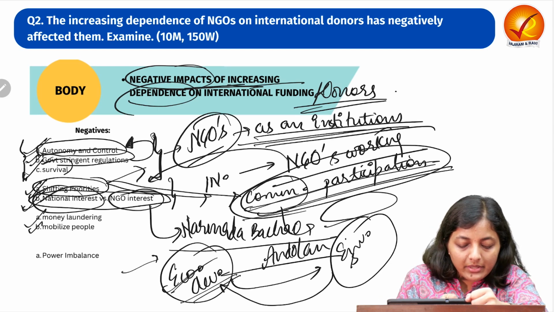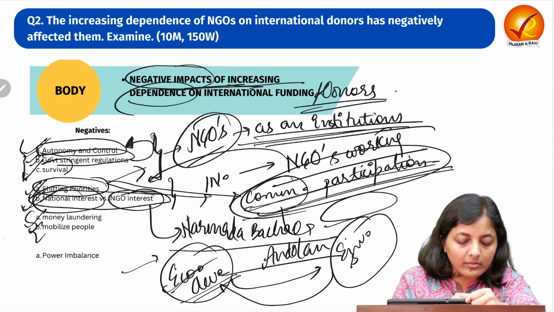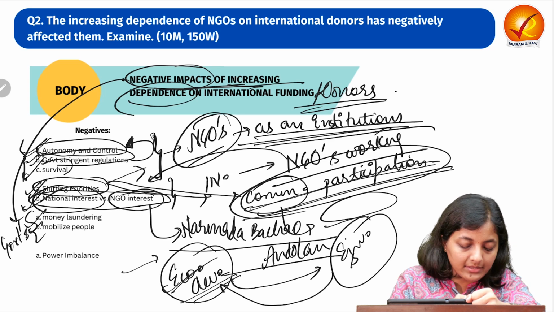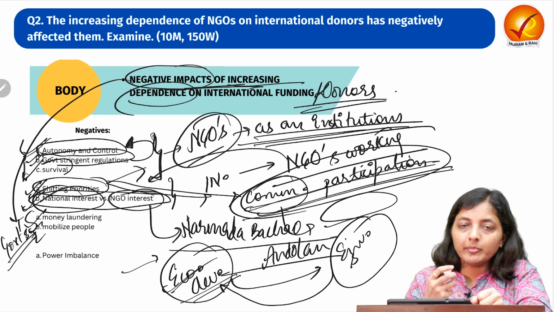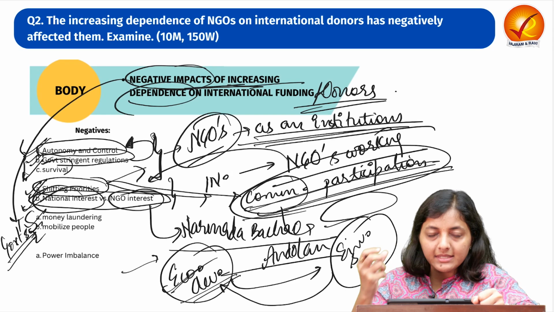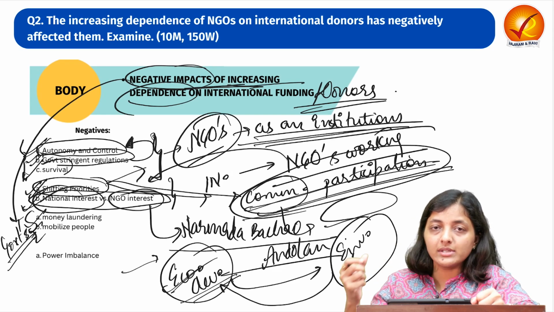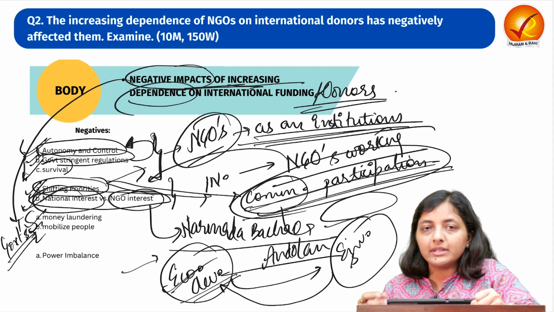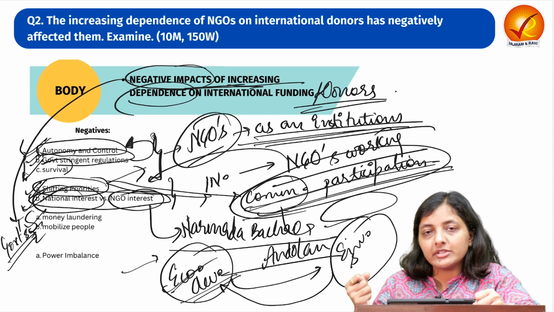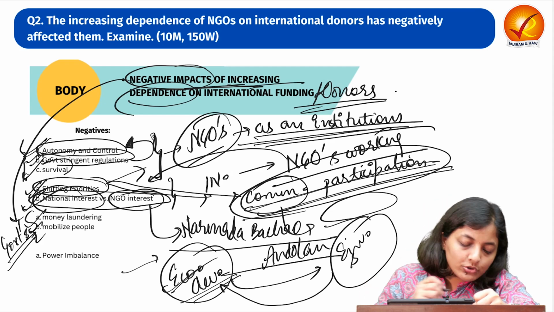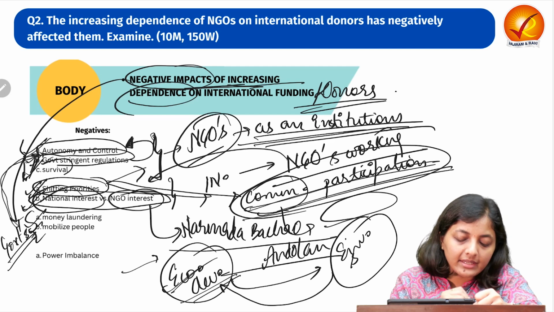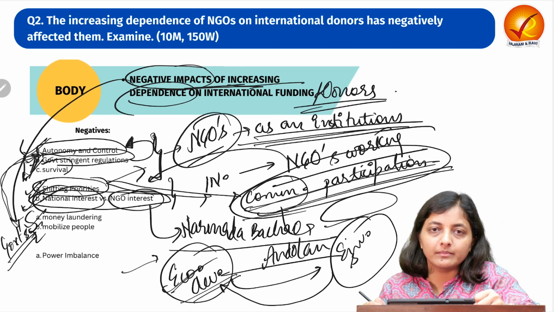Then next comes money laundering. This is from the governmental point of view, how these international donations change or impact. Now the government will also see these NGOs as doing something illicit like money laundering, as we have already discussed, or they can carry out some activities which are against the national interest. So they put more and more stringent regulations, and directly then they can hamper the working of the NGOs.